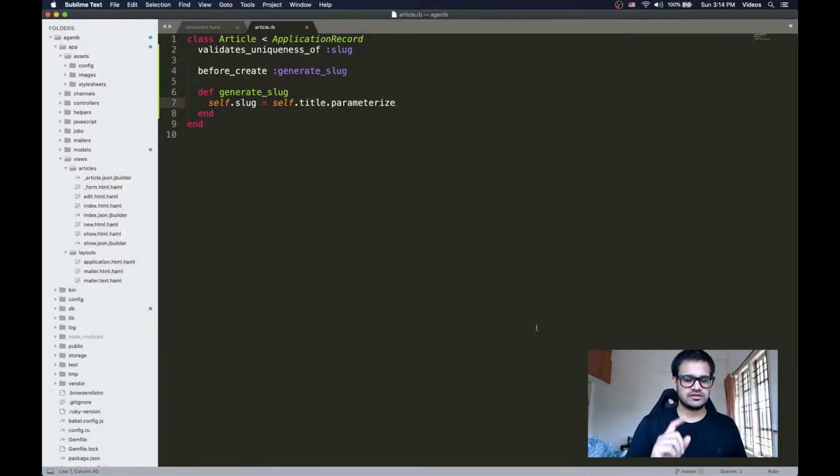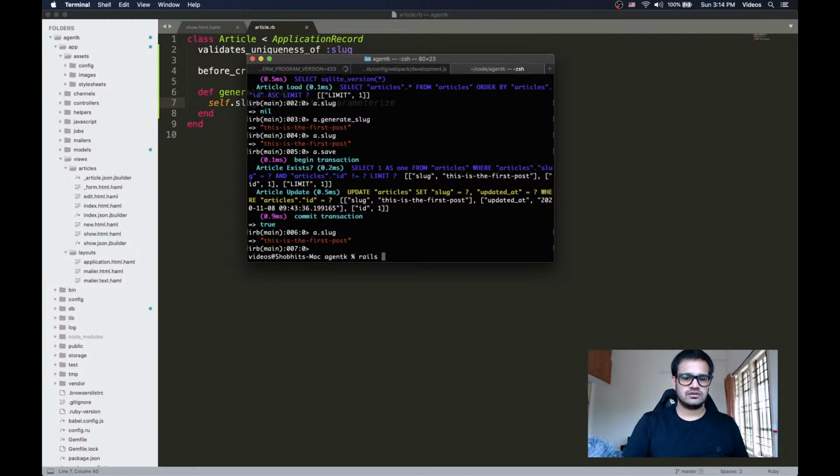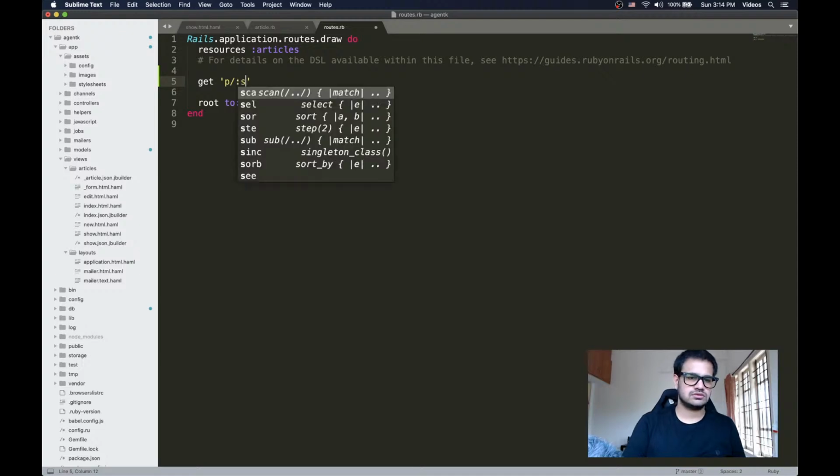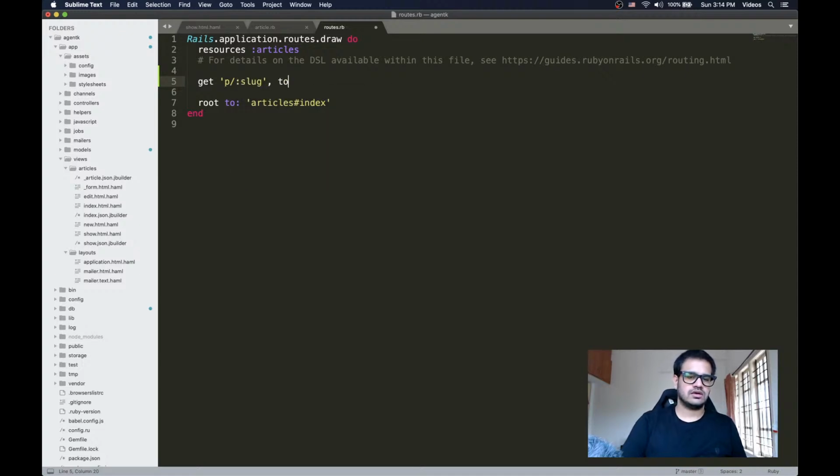So instead of doing this, what I'll do is I'll generate, should I generate a P? So Substack has URLs like subdomain /p/slug. So if you want to replicate that, what we can do is also generate a new route. So I'll create a new route, and the route will be for get p/slug, and this will be routed to